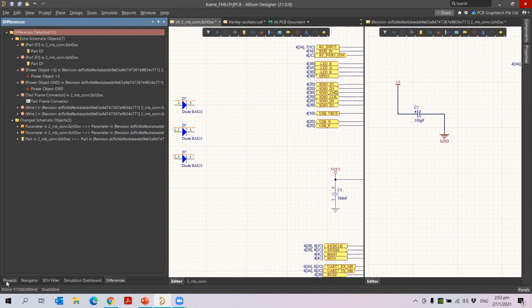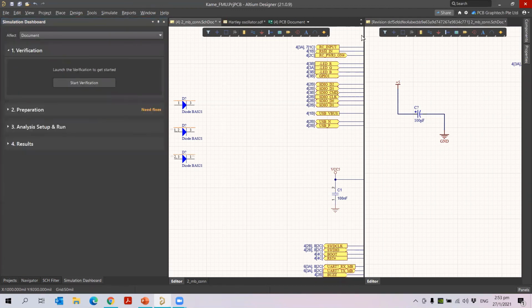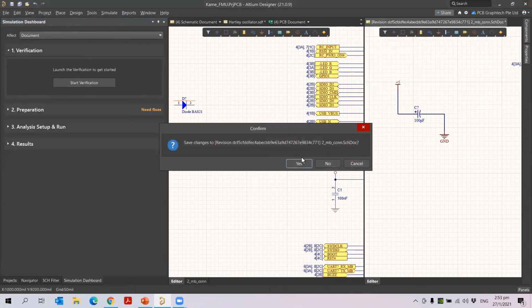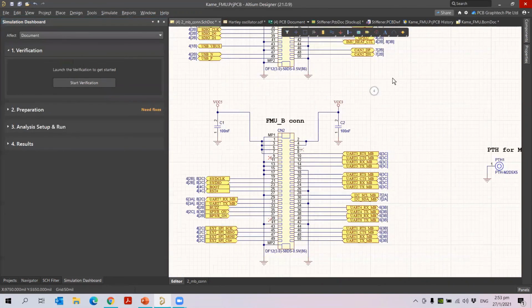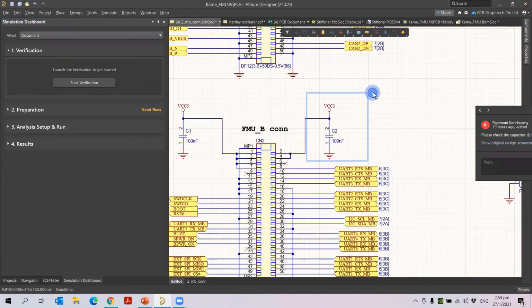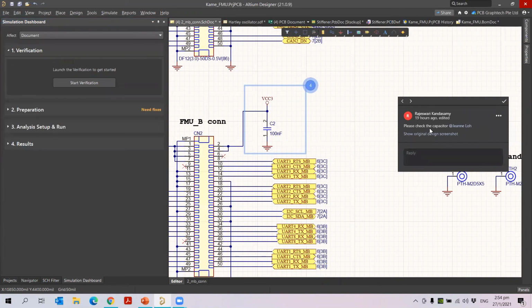Okay, so later if you want to edit your comments, for example, I want to see the comments here on my design, so you can just see here. Let me close this. Here you can see there is a comment. Now the comments are given by numbers. If you click on the comment, it will be shown here. So previously I asked my colleague here to check the capacitor. Okay, so I am just sending the comment by assigning it to my colleague.